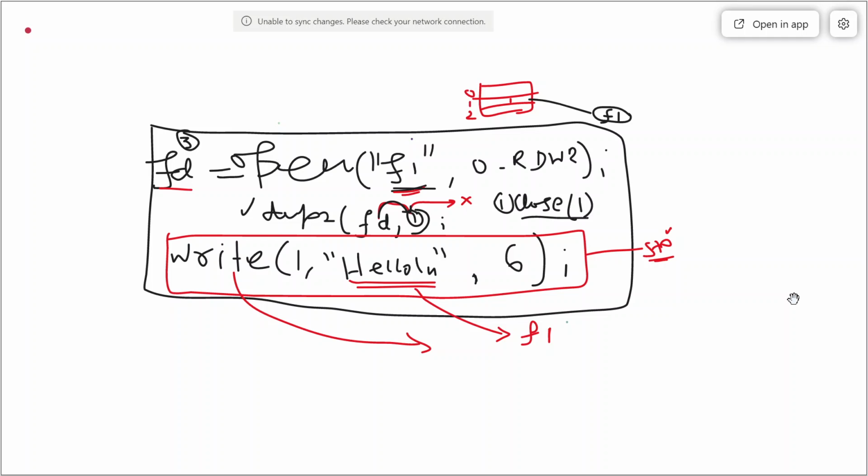So now 3 will get a value of 1. So 1 is going to be closed, and now 3 is going to be copied into 1. That is what is happening. So file descriptor 3 and file descriptor 1 both are representing the same file, and that file is F1.